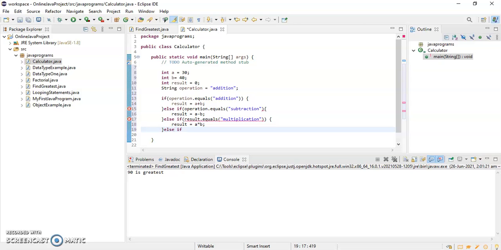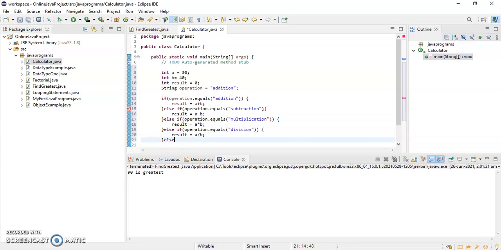Else if operation, it has to be operation, not result, operation.equals, I'll give division, then result is equal to a divided by b.